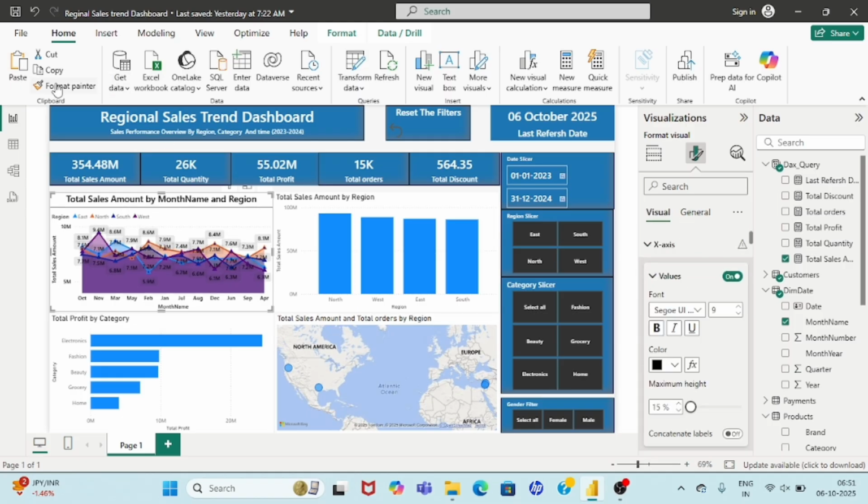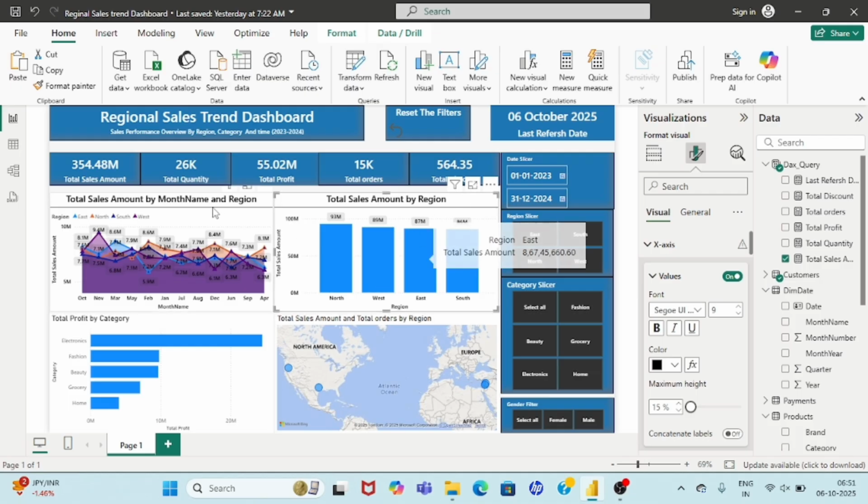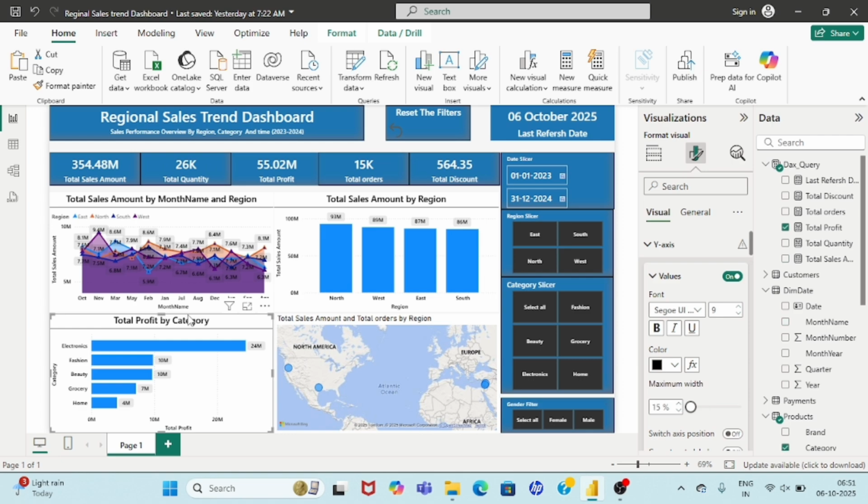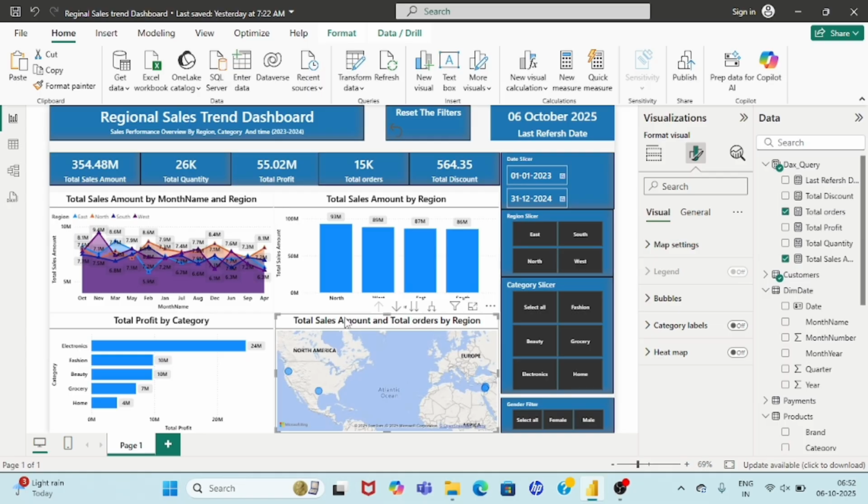Okay, so I'll use format painter and I'll put it here. Okay, so we are done with this. Again use format painter and I'll put it here. Again I'll use format painter and I'll put it here. Okay, now